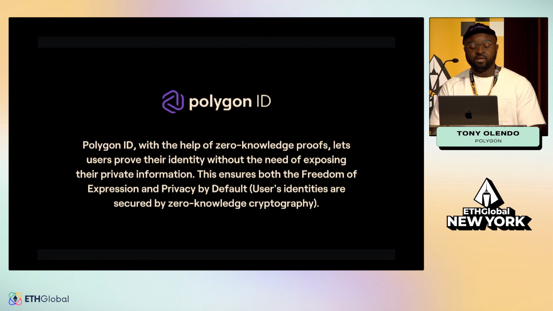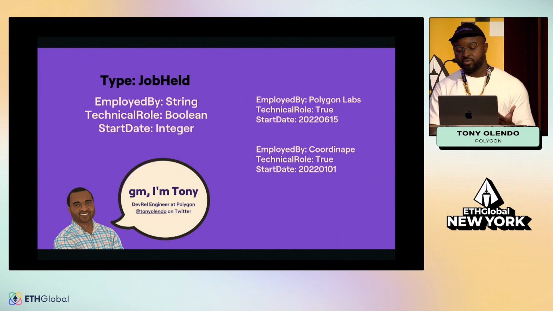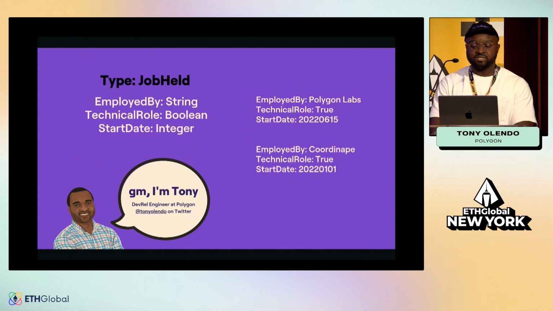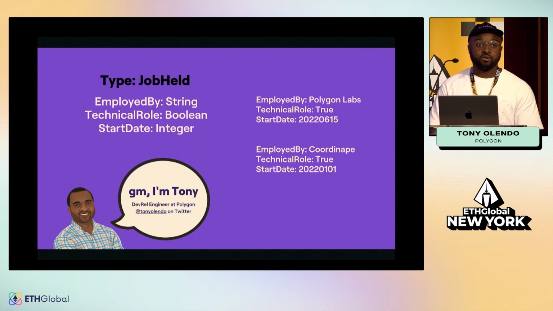Let's first define it. Polygon ID is essentially a tool that uses zero-knowledge proofs to let a user prove their identity without exposing the private information, right? Which is a really important concept. But when you look at it practically, it means that I could attest to my job history, and I could say, yeah, so my name is Tony. I've worked at Polygon Labs since that date, and I previously worked at Coordinate, shout out Coordinate, up until that